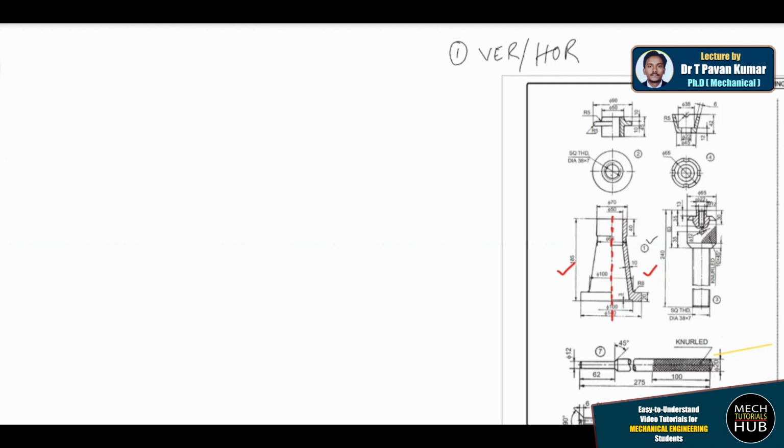The second thumb rule that we should consider is, whatever the assembly may be, we need to start with part number 1. So this is your part number 1. Forget about the other parts, just try to place this part over here, in the middle of your drawing sheet. Let us consider this white space is your drawing sheet. Let me place it exactly in the middle.